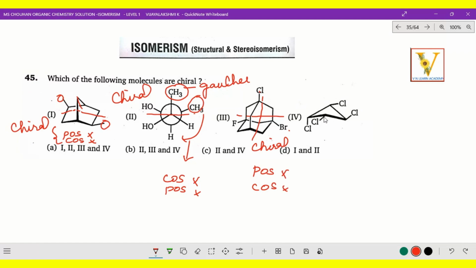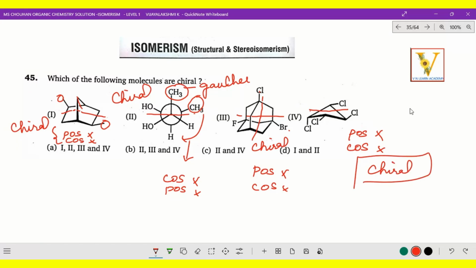And the last one, here Cl, and here also there is a Cl. One is a very thick portion and here a very thin portion. When you cut over here, or over this side also, POS, COS are absent. It is actually a 4-membered ring, but they have given a differently drawn structure. So we cannot find COS, POS present here. So this is also a chiral molecule.